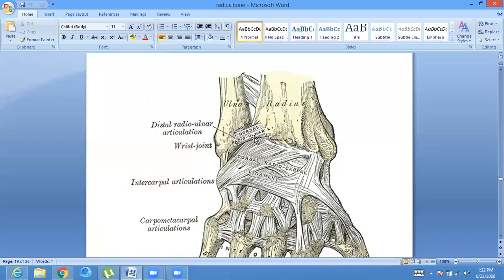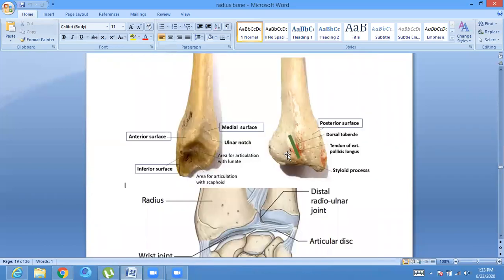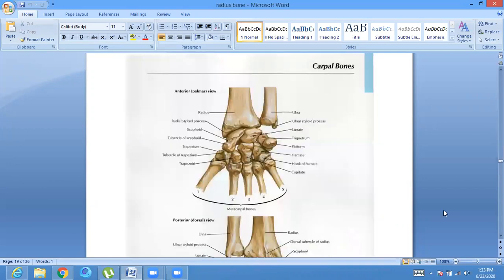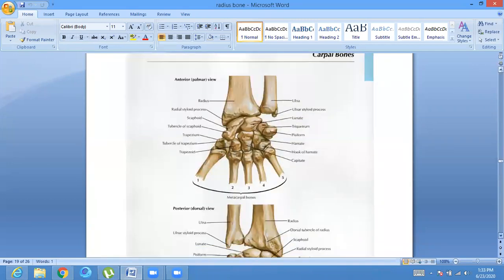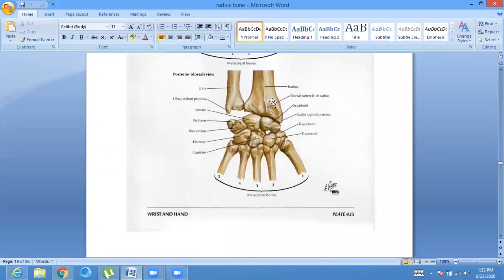Number one, it has got the prominent ridge, and that ridge is going to receive the attachment of the dorsal radiocarpal ligament. और इसके अलावा मैंने आपको दो चीजें और बताई थी जी, क्या डॉर्सल सरफेस पे क्या क्या दो चीजें और होंगी? किसी को याद है जी? साइड डिटर्मिनेशन में बताया था ना, that it has got what? It has got the 4 grooves for the passage of the tendons of the extensor compartment of the forearm into the dorsum of the hand.